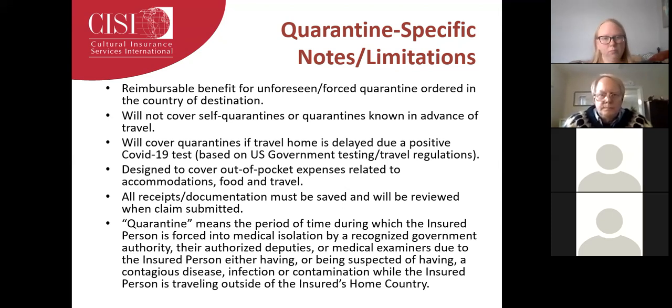Okay, so you would go to a hotel, you would save your receipts. It's intended to cover sort of out-of-pocket expenses related to accommodations, food, and travel that might be incurred. So you'd want to save all those receipts and documentation, and then we review that all once the claim is